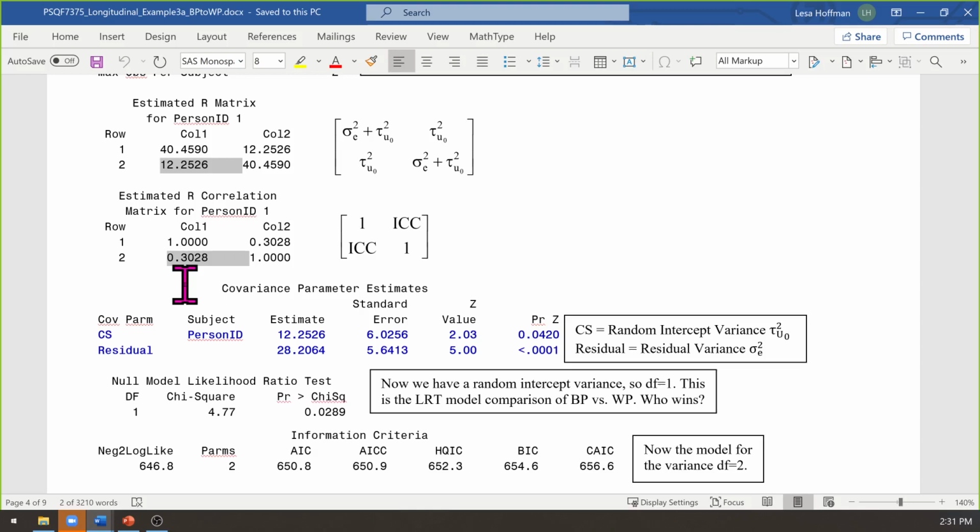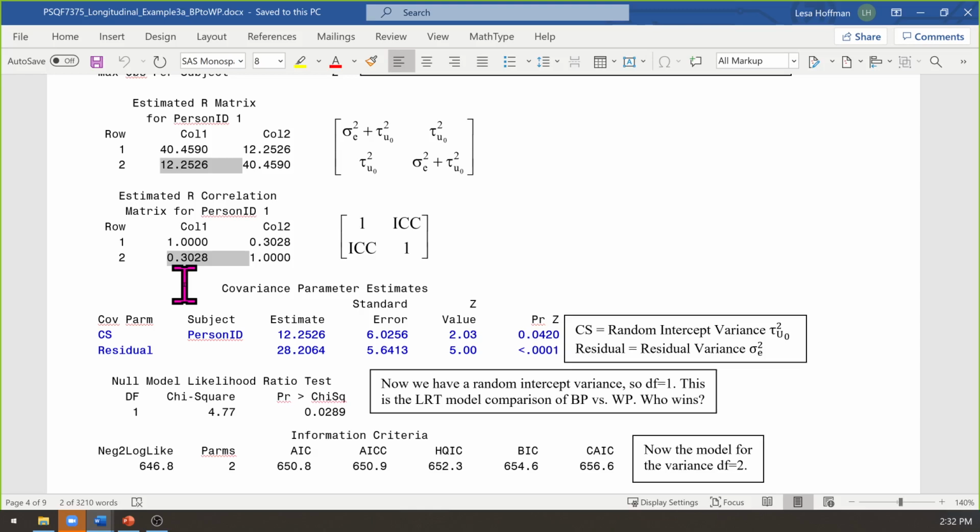More specifically, this model says that there is a covariance between occasions. Now, covariance is in unstandardized units, and so you can look at this and be like, okay, 12, is that a lot? Well, I can tell you it's a positive number. So if you're higher at pretest, you're probably higher at posttest. But to put that into terms I understand better, I can standardize that 12, and that's shown in the correlation metric instead of covariance down here, the 0.3. That 0.3 correlation has a special name, ICC, intraclass correlation.